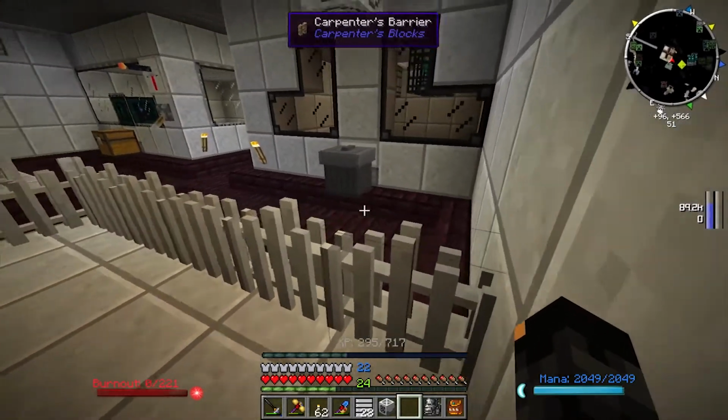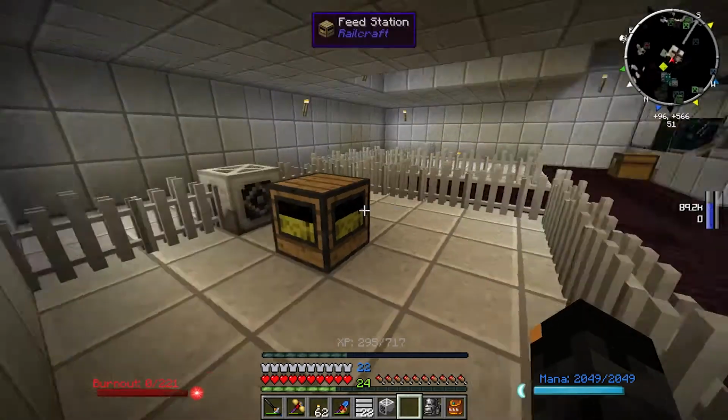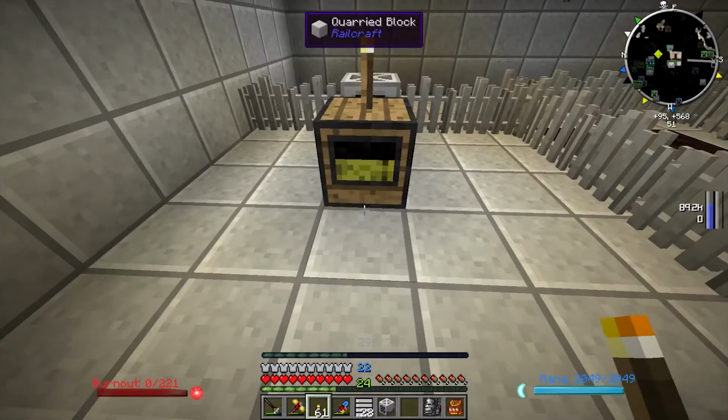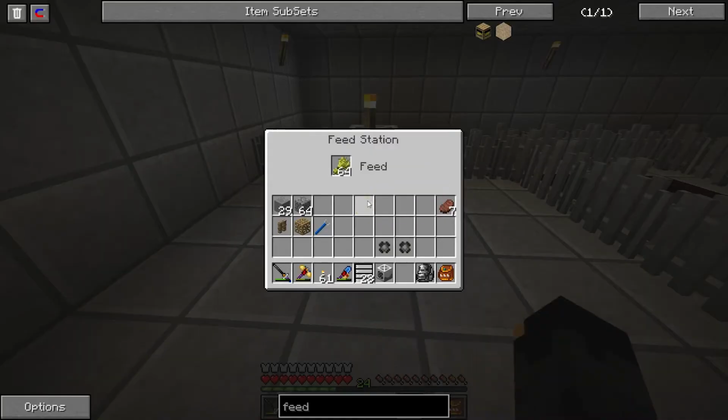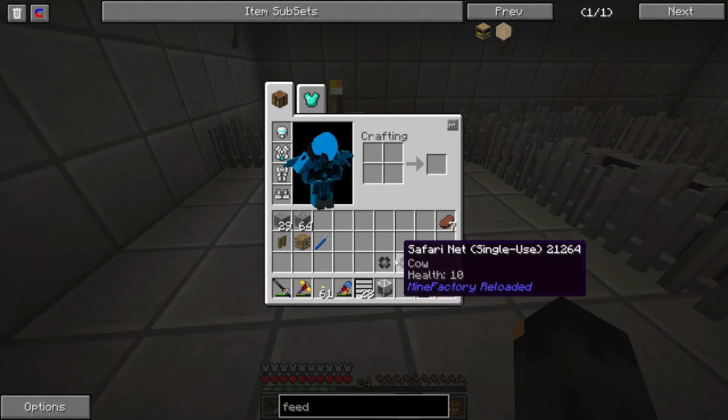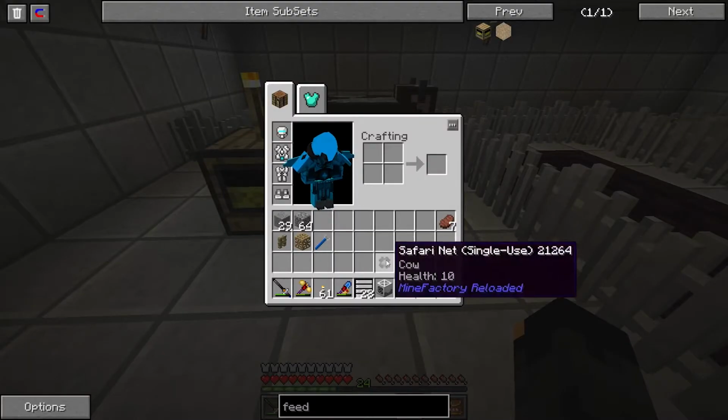So next thing is we'll put down our feed station. So hopefully they don't breed outside of the... Oh, well, that's something to consider. We'll see how we go. Let's put our feed station down here. Okay, so we'll feed this thing full of wheat. I'll have to set up a way of auto-feeding that. But you can see I've got 2 safari nets here with cows in them, so...